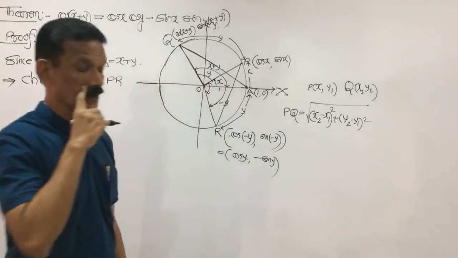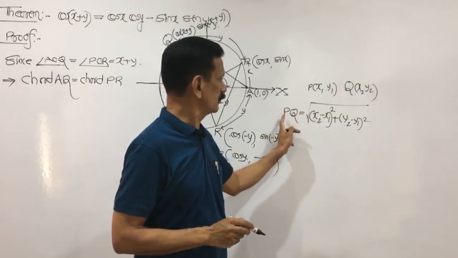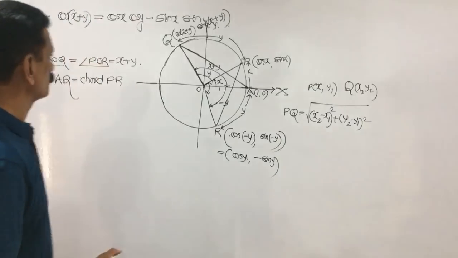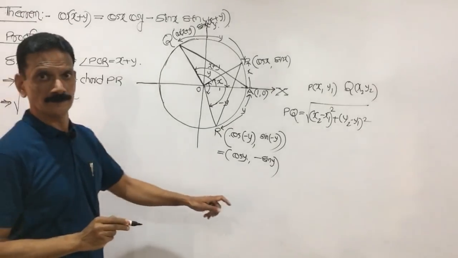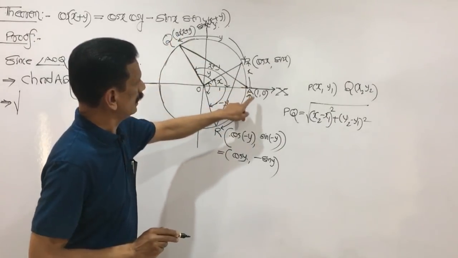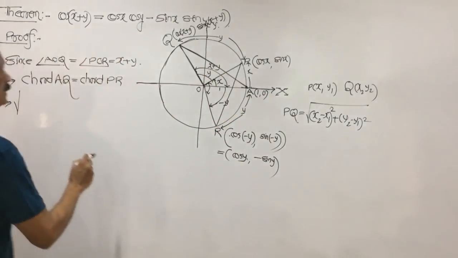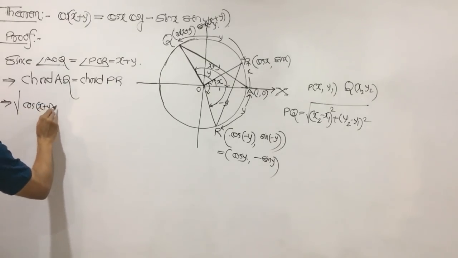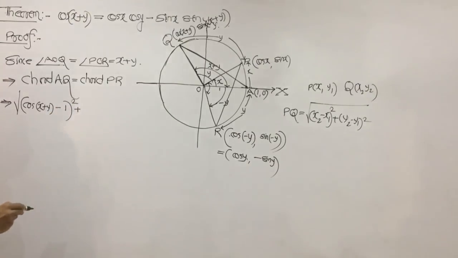This is a formula: the distance between the two points P and Q whose coordinates are x1, y1 and x2, y2 is given by PQ equals the square root of (x2 minus x1) whole square plus (y2 minus y1) whole square. So here we apply that formula and write it as the square root of, cos of x plus y minus 1, this is your x2, y2 and this is your x1, y1. Means we get cos of x plus y minus 1 its whole square plus